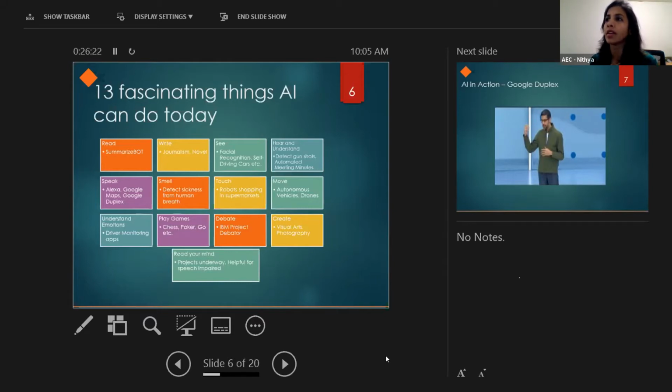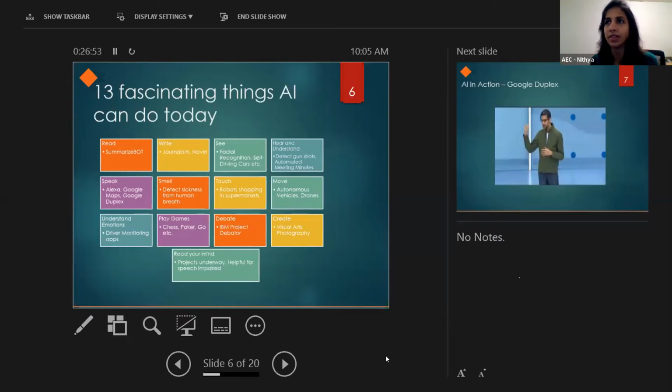But to my mind, when I say hear and understand, we have an app called Automated Meeting Minutes that listens to the meeting and then summarizes it. You don't have to sit and type, here are the minutes of the meeting. In a corporate world, that's typically, at least for me, a boring task. I have to sit through the meeting and then prepare notes for the meeting and then send it out to people, saying here are the meeting minutes. You don't have to do that. There are apps out there that listen to the conversation, understand the semantics, and then send out